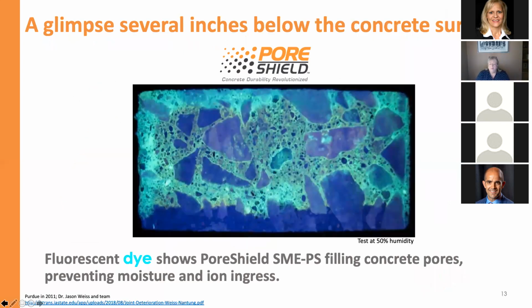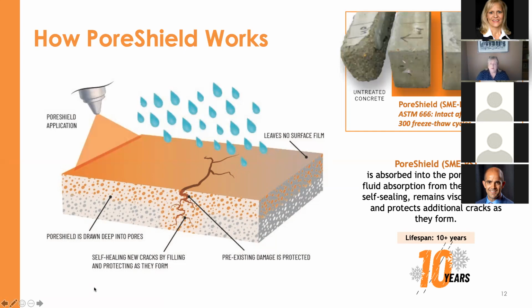Up above, you see, go back, please. So up above, you can see an ASTM 666, which is a standard test in industry, testing for freeze-thaw damage. It's simulating about 20 to 30 years of intense freeze-thaw and de-icing that you might see on a highway or a bridge or a concrete structure. On the left is untreated concrete, and you can see it is significantly eroding. On the right is a solvent-based silane, which looks very much like that untreated concrete. And in the center are two samples that were treated with the soy methyl ester polystyrene, and they are intact and showing essentially no damage after this test.